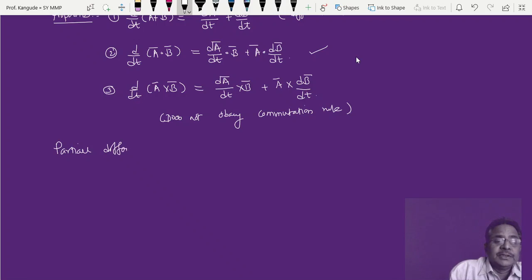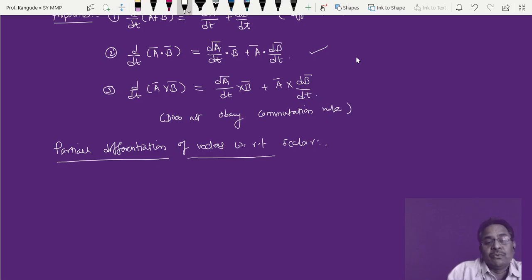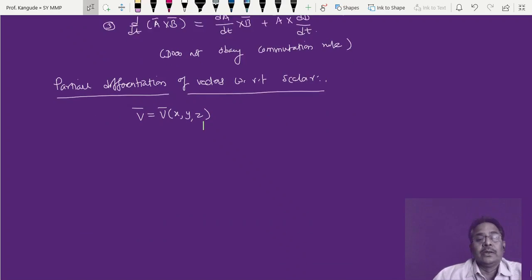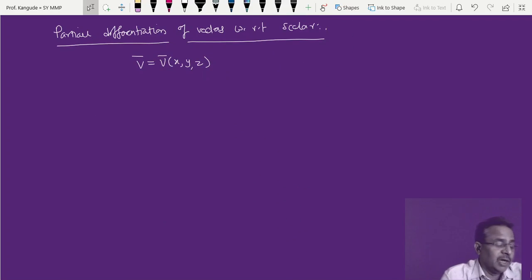Partial differentiation of vectors with respect to scalar. Okay, so let V bar be a function of three independent scalar variables x, y and z. This is very simple. Already we have used this several times, so I'm just repeating this. The partial derivative